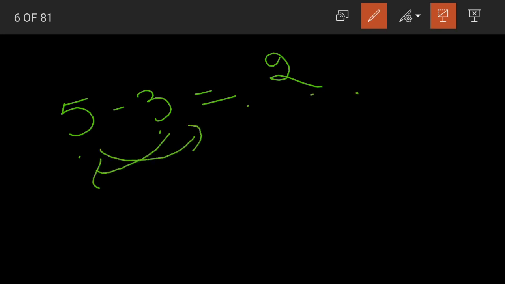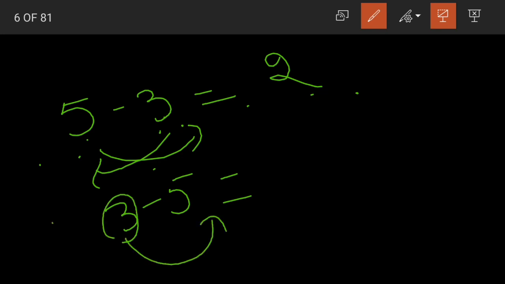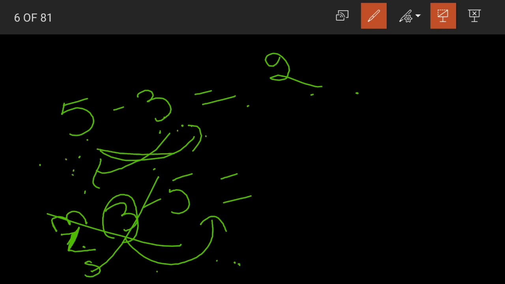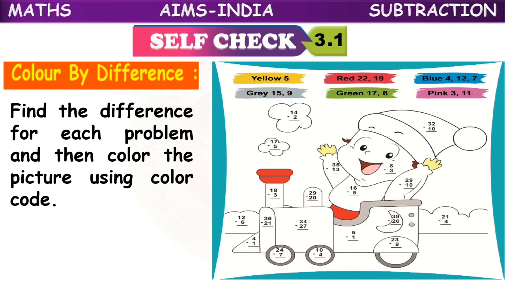Now what if I interchange? Interchange means changing the positions with one another. Yes, 5 comes in the place of 3 and 3 comes in the place of 5. 3 minus 5. What did we discuss just now children? That always the smaller number is to be subtracted from the bigger number. Here the minuend is smaller than the subtrahend. So this is not possible here. That is why we should never interchange the minuend and subtrahend. We should never interchange the places. Yes, but we can do that in case of addition. What were these, children? These were the subtraction facts.